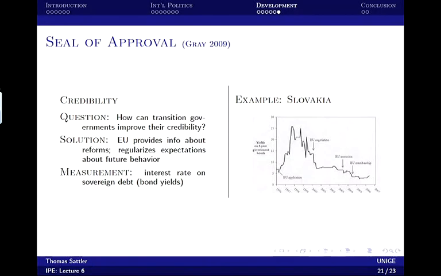Also note that this story is consistent with what I told you about Bacini and Orpelein. They said that when a new leader comes in, we are more likely to see a preferential trade agreement. That's exactly what happened here, right? In 1998, we have a new government, and they start to negotiate an agreement with the EU immediately. And with each new piece of information about EU accession, we see a drop in the interest rate, which means more credibility. So Slovakia is able to signal credibility to investors by signing international agreements. So international politics has strong economic effects here.